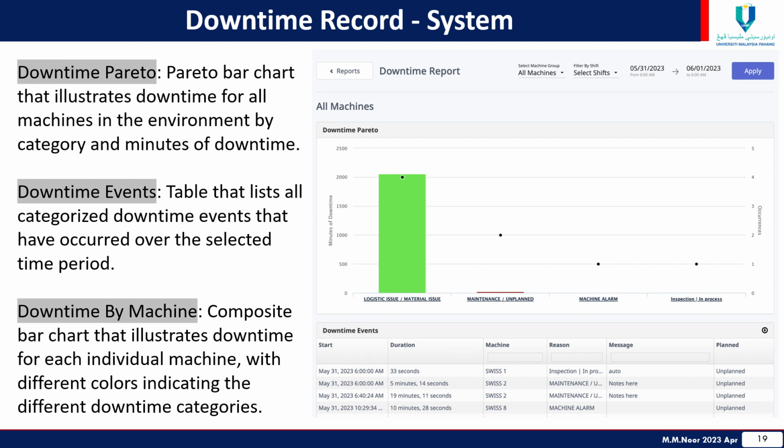Downtime record system. This system is from Machinemetric. Downtime Pareto: a Pareto bar chart that illustrates downtime for all machines in the environment by category and minutes of downtime. Downtime event table that lists all categorized downtime events that have occurred over the selected time period. Downtime by machine: a composite bar chart that illustrates downtime for each individual machine with different colors indicating the different downtime